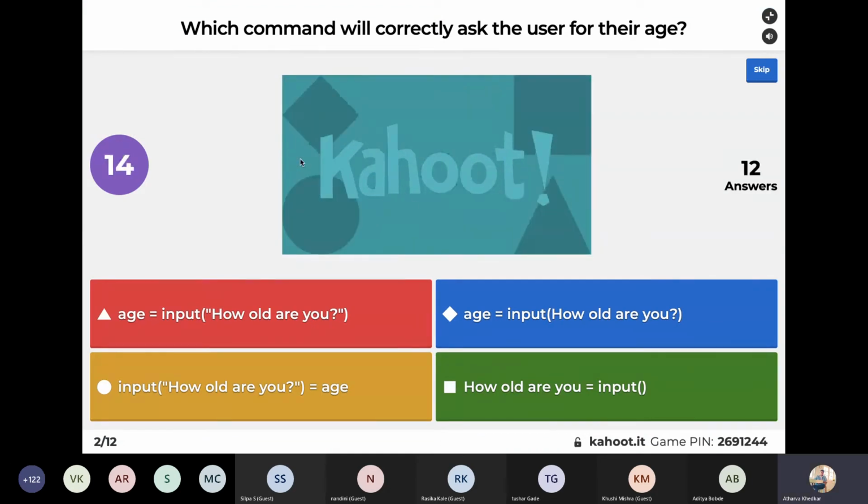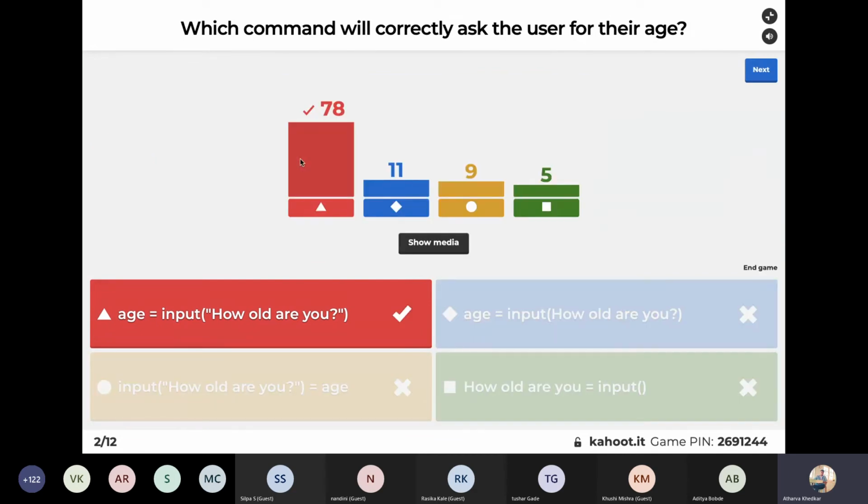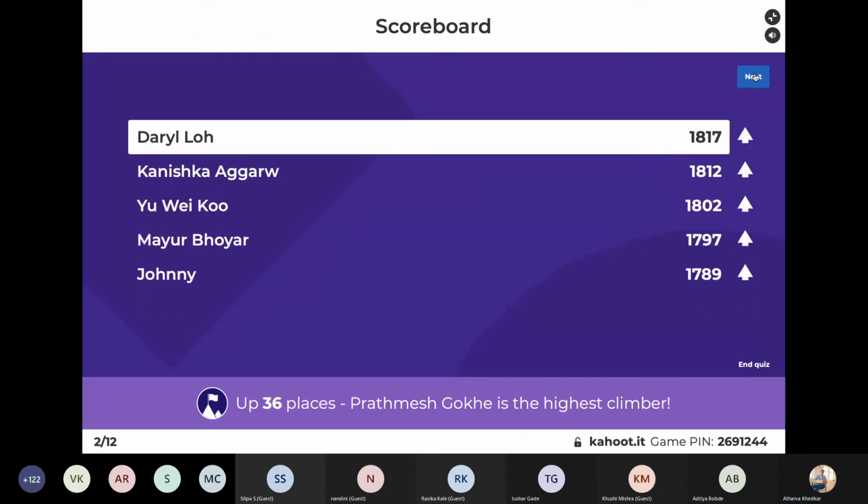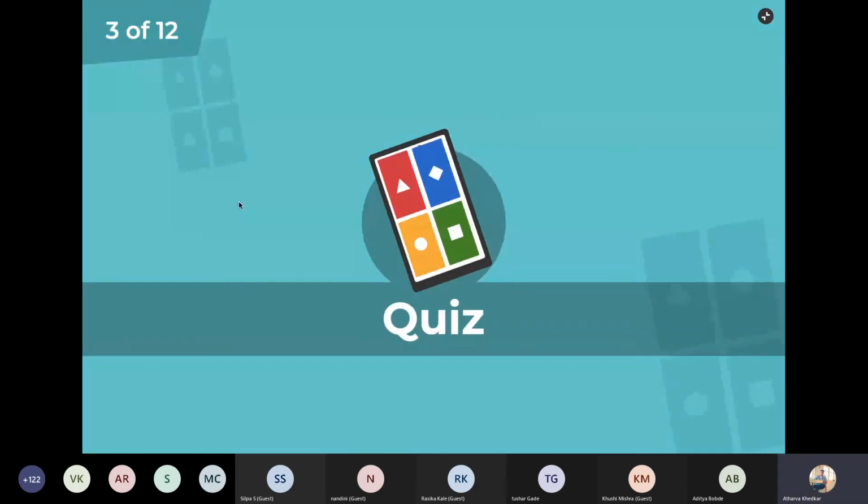So you want a user input. What would be the code for Python? And that's absolutely correct. Okay, Daryl on the top.